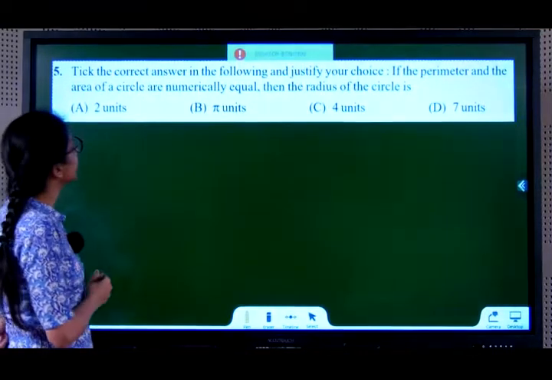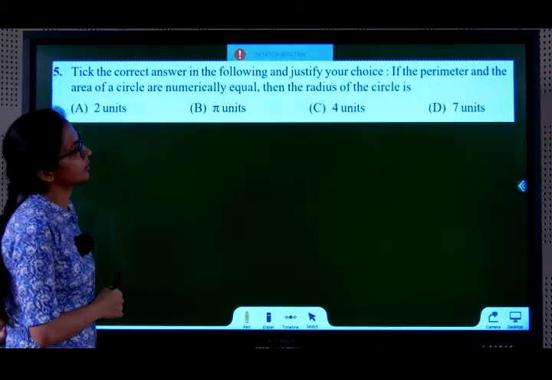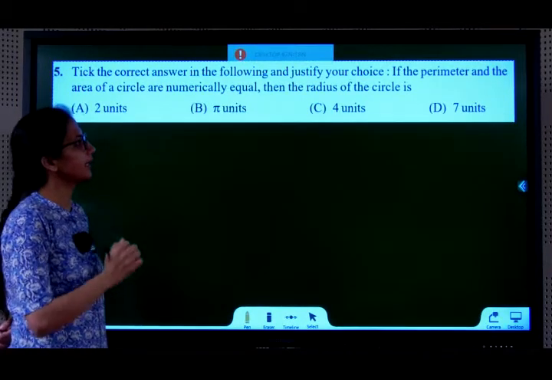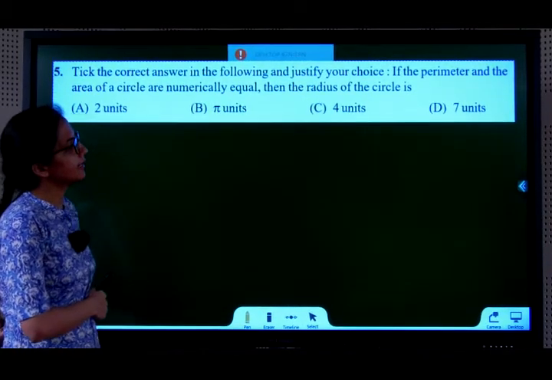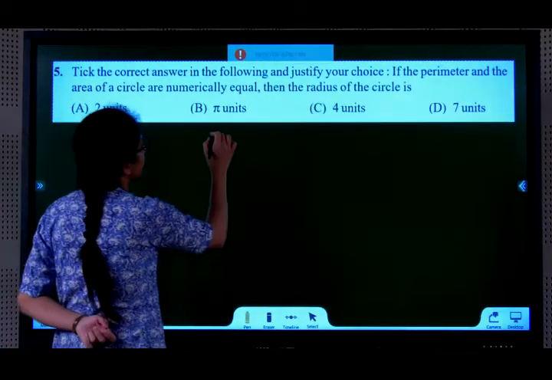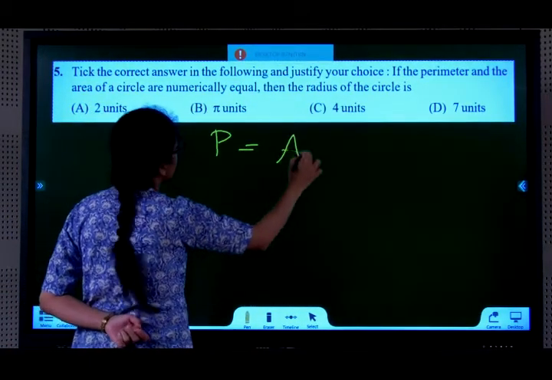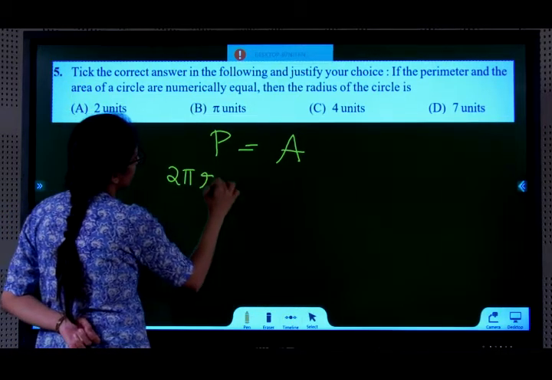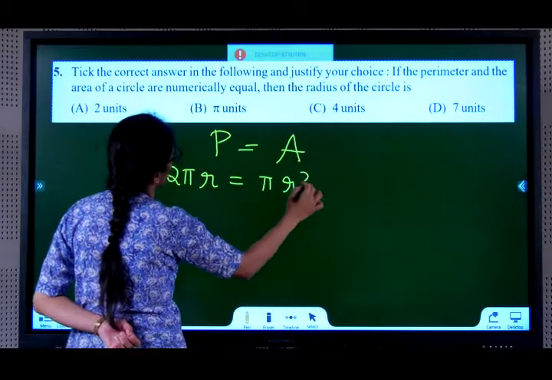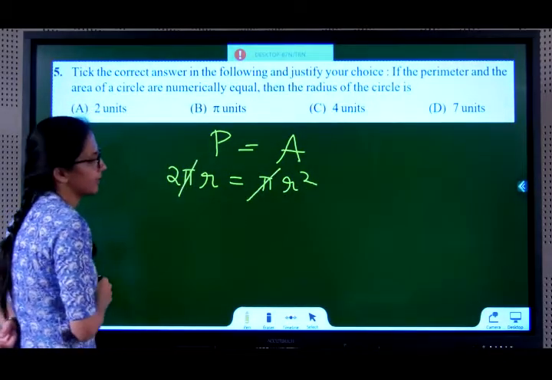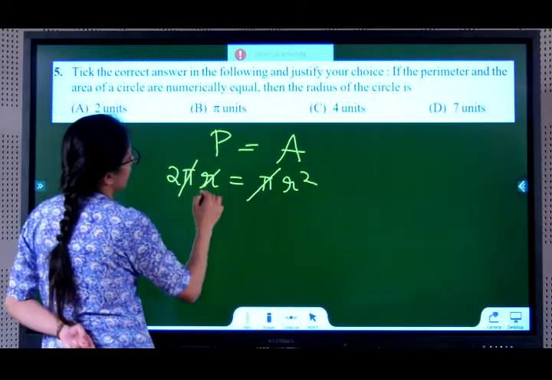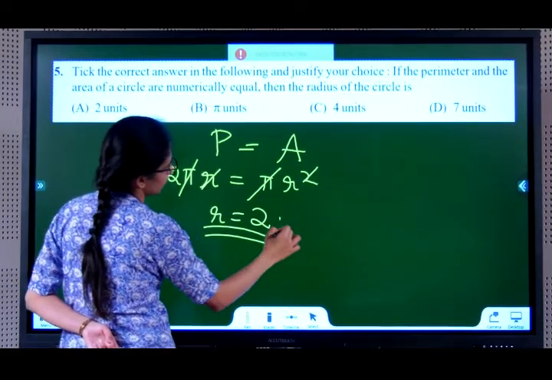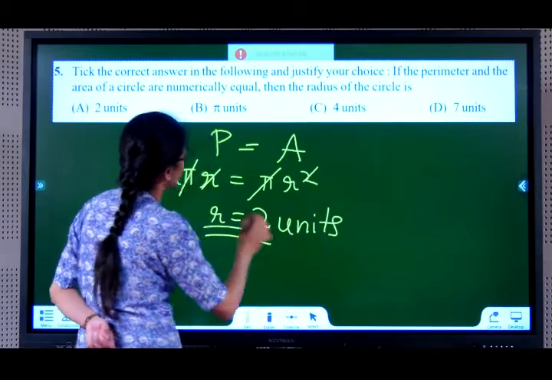Question 5. Pick the correct answer in the following and justify your choice. If the perimeter and the area of the circle are numerically equal, then the radius of the circle is. Perimeter and area of the circle are numerically equal. Perimeter is 2 pi r, area is pi r square. So pi cancels, and r and one r cancel. R is therefore equal to 2. We don't know the units, so just write 2 units. So option